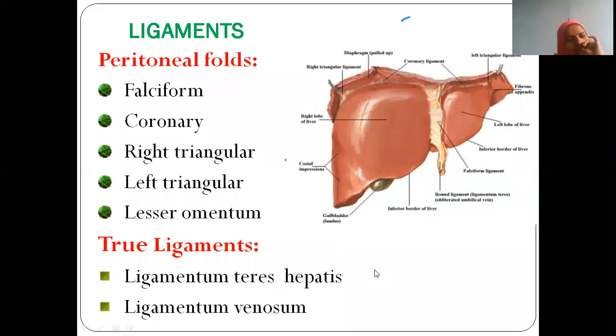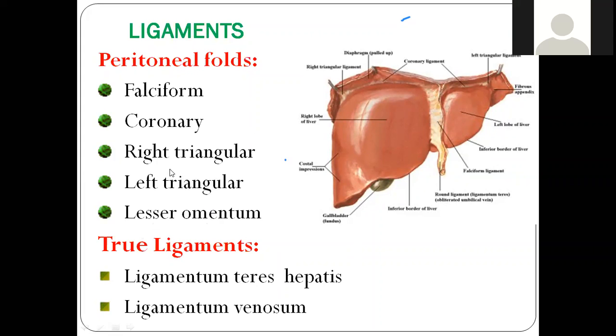Now coming to the ligaments, the ligaments of the liver itself may be asked as a 5 marks question, or an essay question may come, like to specify the visceral surface and mention the ligaments in detail. So what are the peritoneal folds? We have discussed much in detail in our peritoneum lecture, isn't it? What is the name of this ligament? Falciform. The continuation of falciform, what are these 2 ligaments we have? Actually coronary, superior and inferior layers. They join to form right triangular and left triangular, isn't it? The continuation of it is ligamentum venosum and then porta hepatis. At the margins of porta hepatis it continues as lesser omentum.